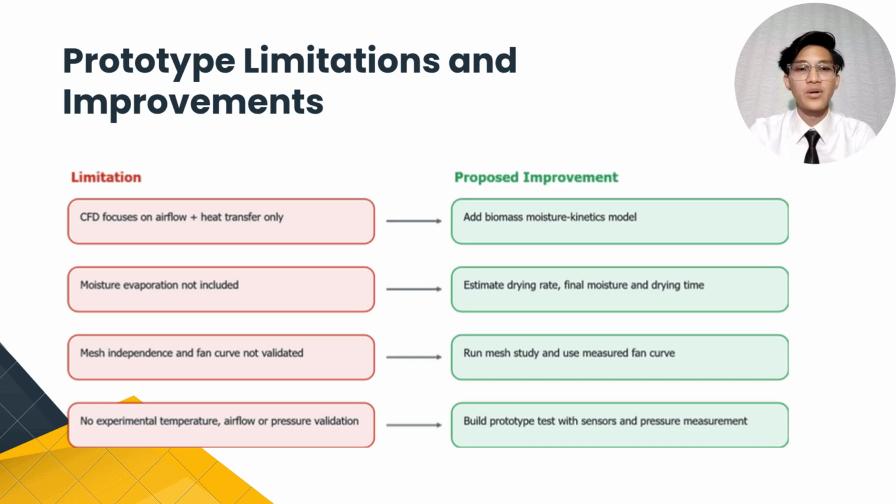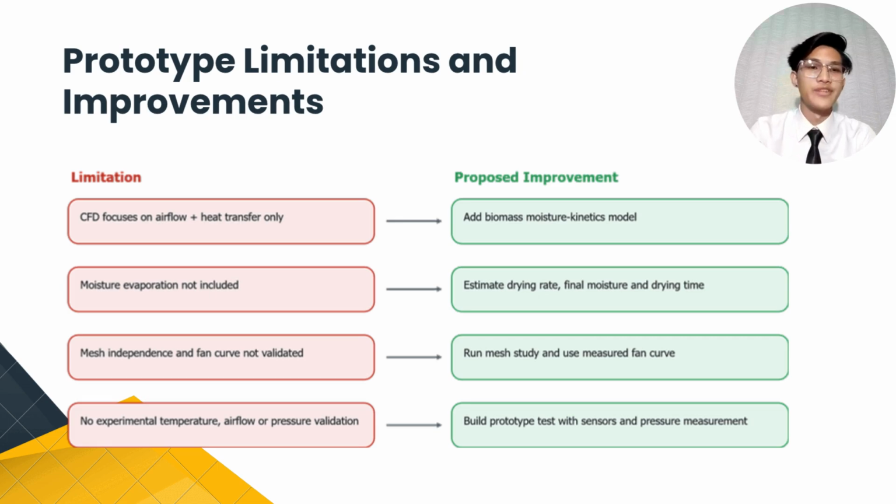Mesh independence should also be included to improve the reliability of the simulation. The fan performance should be validated using a measured fan curve. Finally, experimental testing using temperature sensors, airflow sensors, as well as pressure measurement will be needed